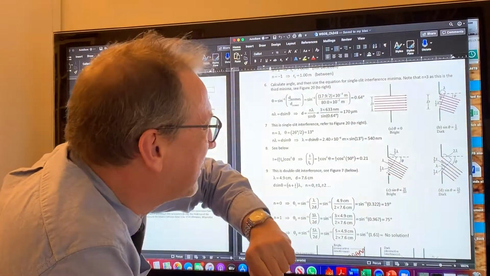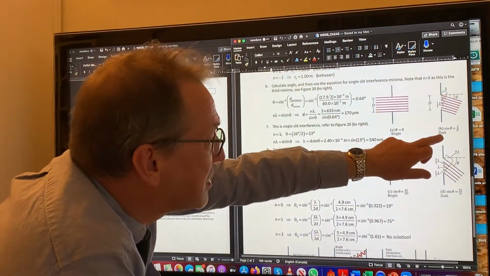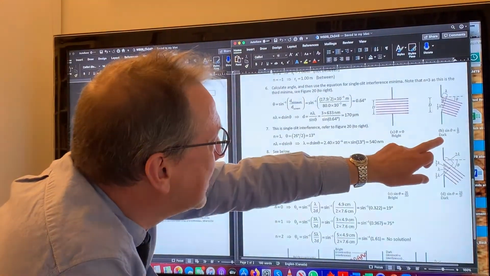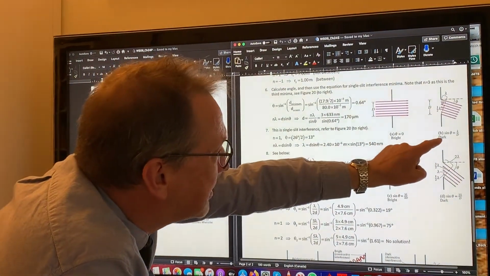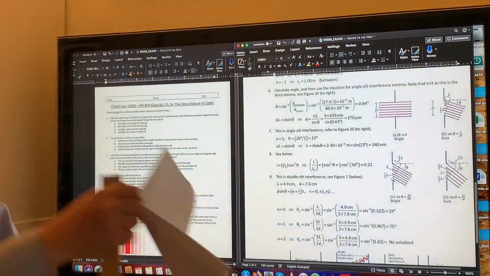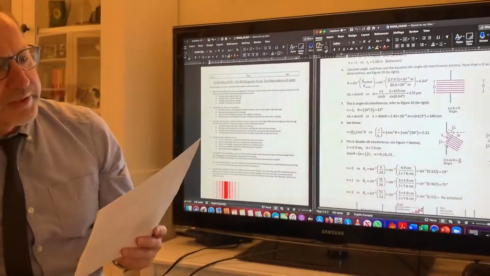So this is a kind of a bit weird, because this was the condition for a bright fringe with a double slit, but for the single slit this is the condition for destructive interference. But coming back to the question, which is a lot simpler than that,